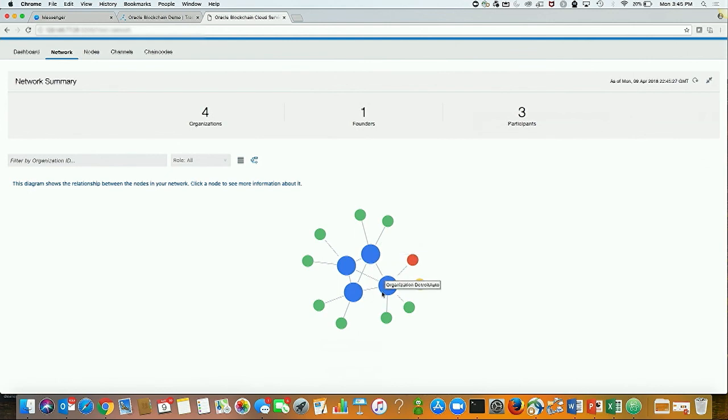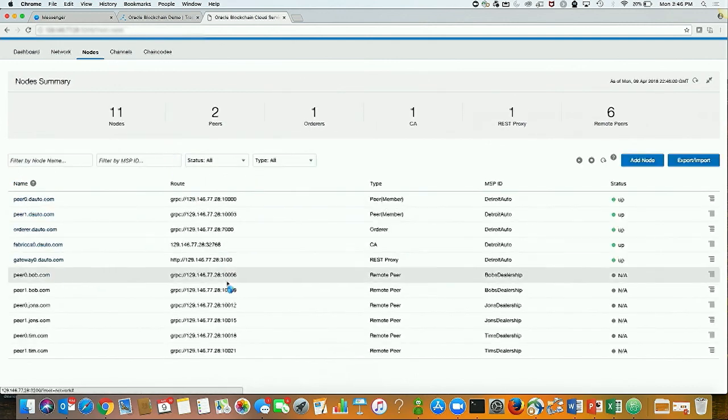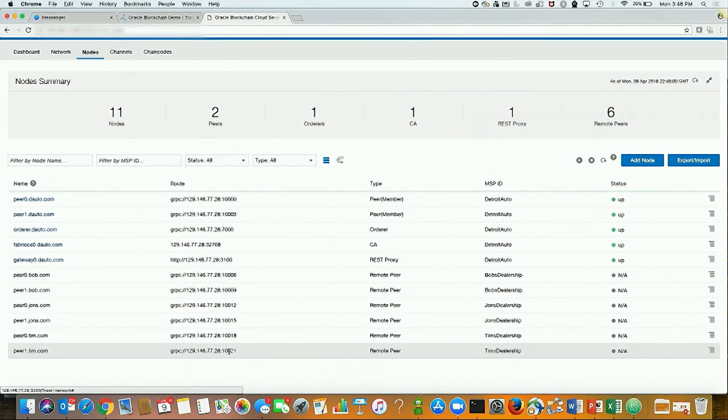The blue dots that you see here are the organizations. The green dots that you see are the remote computers where the ledger is stored, or the transactions are committed to. Then you have an order service and a service which is basically validating people that are coming on. Moving along, what you see here are the nodes that are running in this blockchain service.